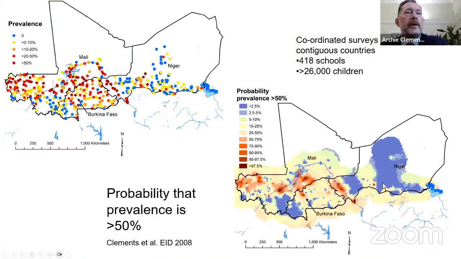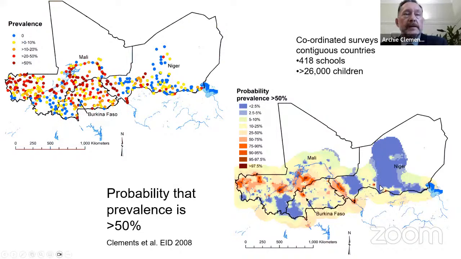There are other ways of representing uncertainty. So this is data from West Africa on schistosomiasis. This is showing that the probability of disease or of infection exceeds a particular threshold. So I mentioned that WHO recommends that you do annual mass drug administration everywhere where prevalence is above 50%. So you can look at the map on the right and you can say that there are areas of the